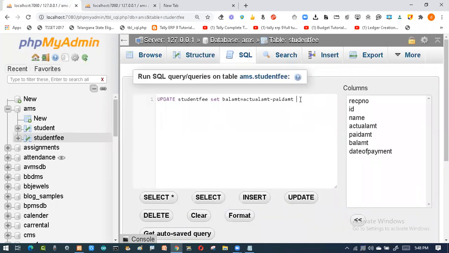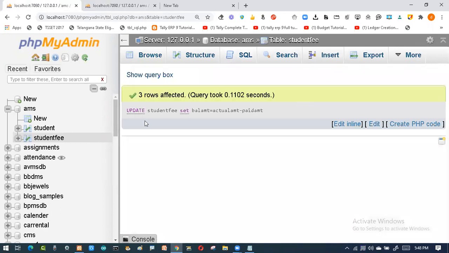So now I will not write the tail, directly I'll write the formula. So what is the formula? You can just say that from the actual amount, you remove the paid amount, you get the balance amount, and click on enter. So if it is 100 records, 1000 records, or 3 records, you can see how much time it took,